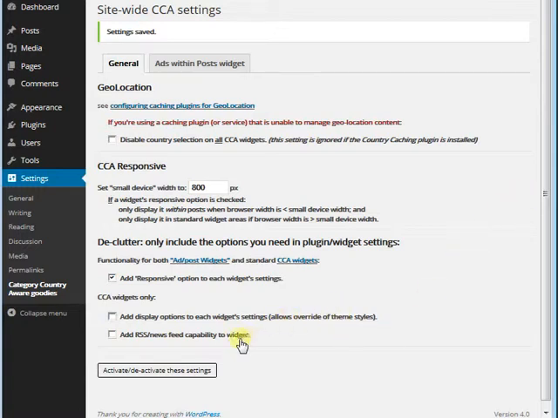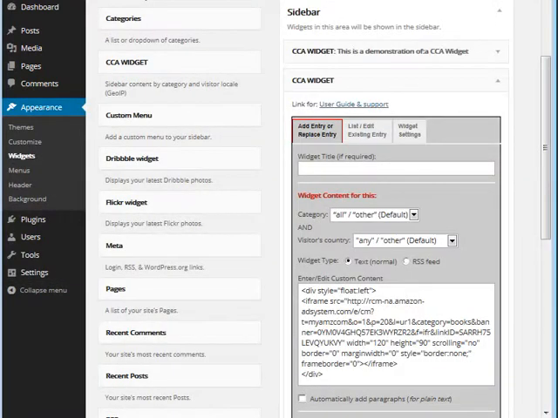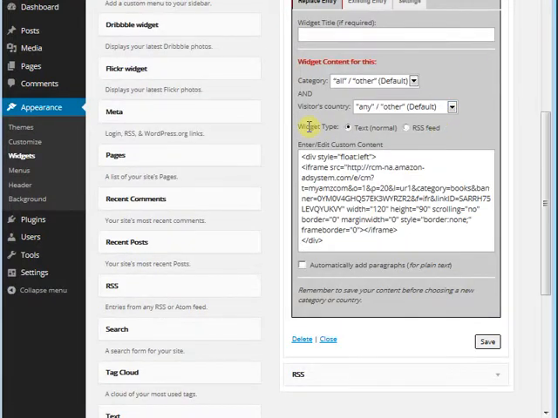The RSS functionality isn't displayed automatically in the sidebar widgets because most people don't need it. It would just clutter up the display for them. But we obviously do need it, so we'll add that functionality to our widgets. We'll also add display option functionality, which I might come to later. Save, and once saved, you'll find that your sidebar widget now has a widget type option, and all we need to do is select category travel,